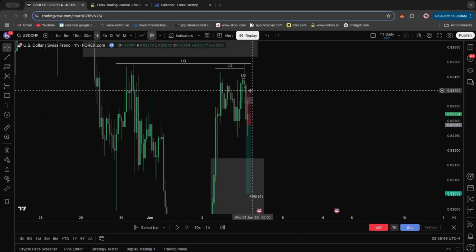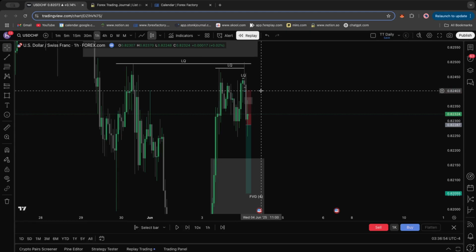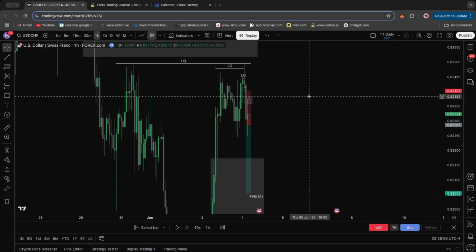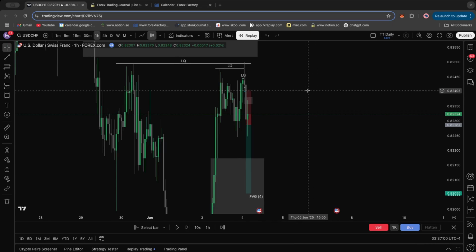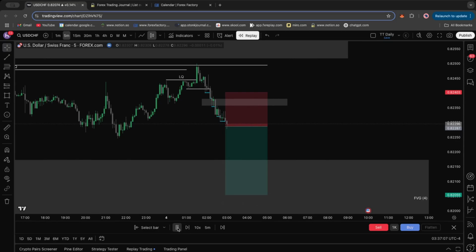In hindsight, I should have put 2 pips above that, because I normally put 2 pips above any PD array, but I was using the 15 minute. I actually didn't see this 1 hour and 30 minute until after. But either way, the trade still would have lost if it was 2 pips above, so it didn't make any difference. So what then happened, if I fast forward,